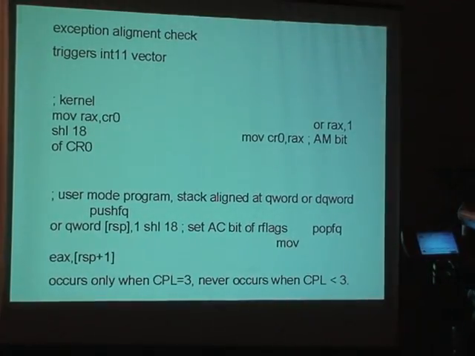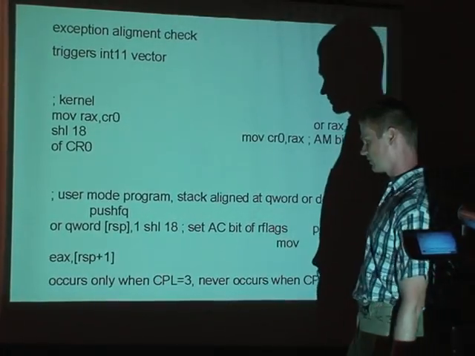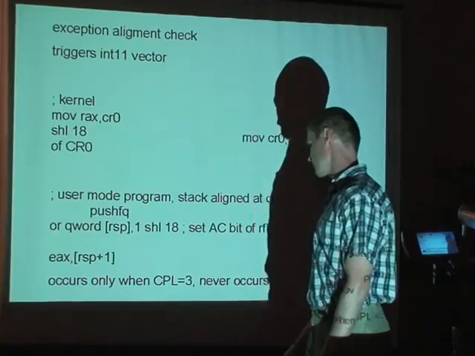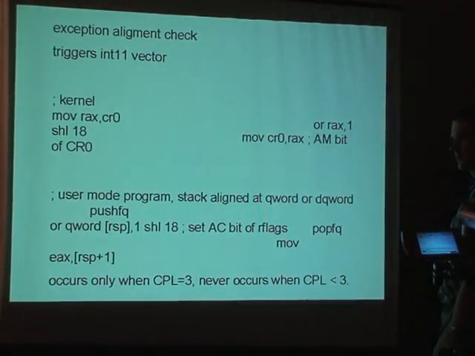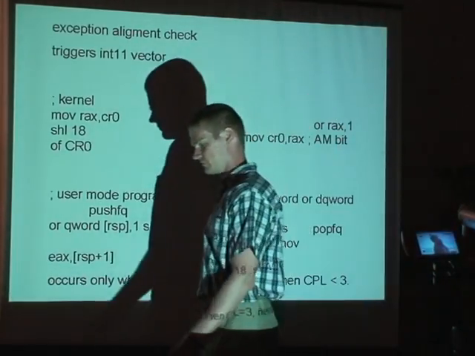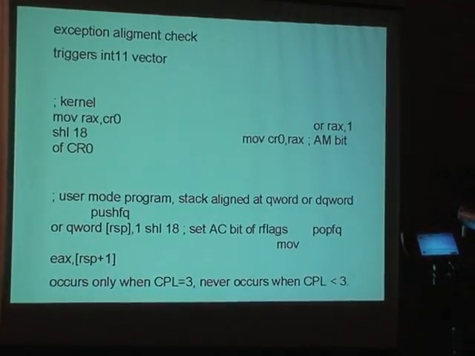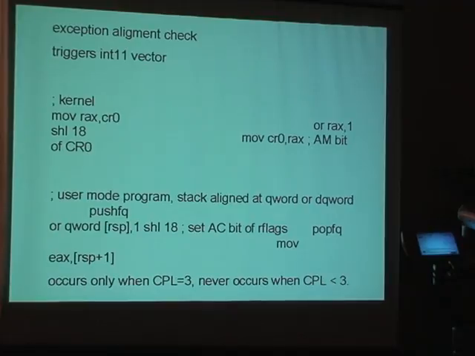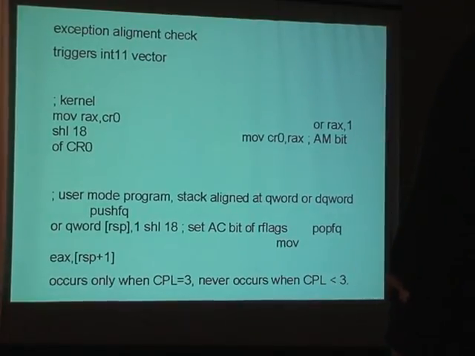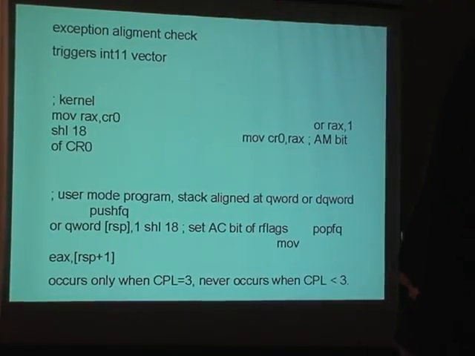This occurs only in user mode program at current privilege level 3. It never occurs in privileged software like OS kernel. And it can be a useful thing to do if you need to check some performance, because you will be sure you only have aligned code, and it's very easy and fast to find unaligned code that way.